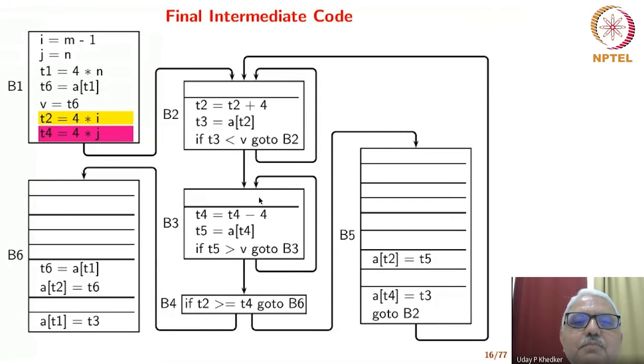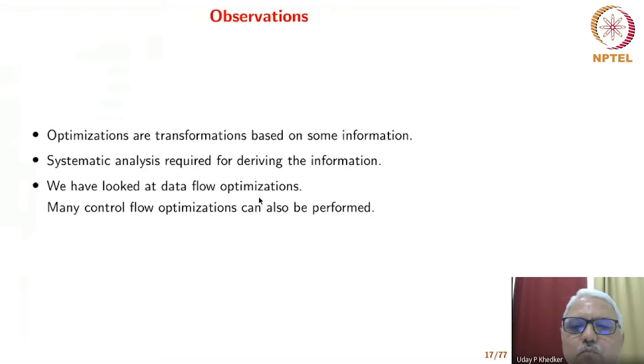And we want to see the basis of this. So what do we observe? We observe that optimizations are transformations based on some information. We need systematic analysis to derive the information. We have looked at data flow optimizations. Many control flow optimizations can also be performed, where we can simplify the control flow. In particular, the loop optimizations that Professor Krishna Nandivada considered are examples of control flow optimizations where you transform the